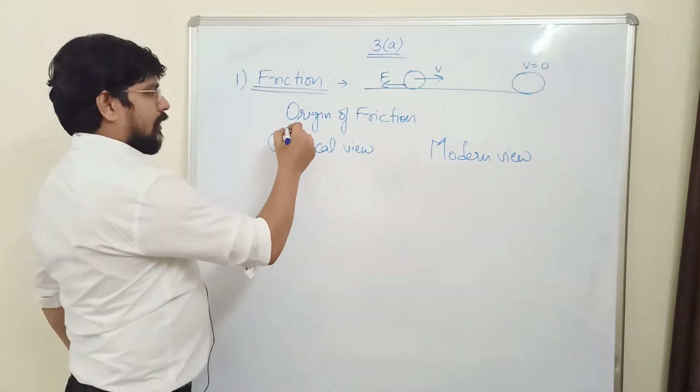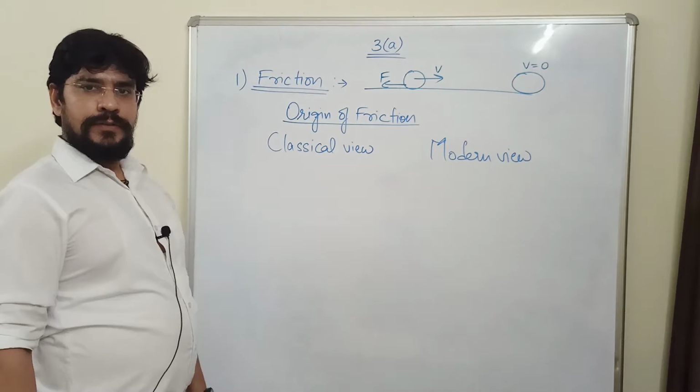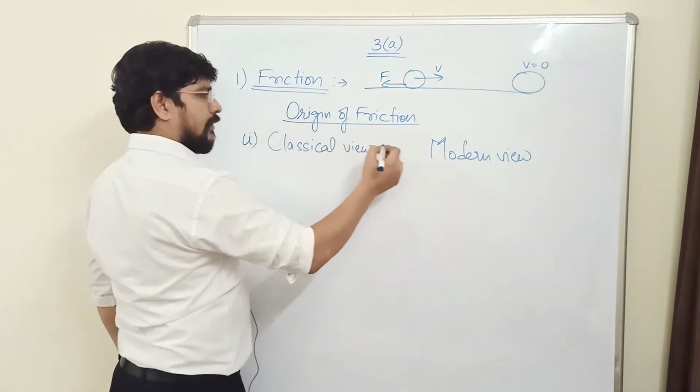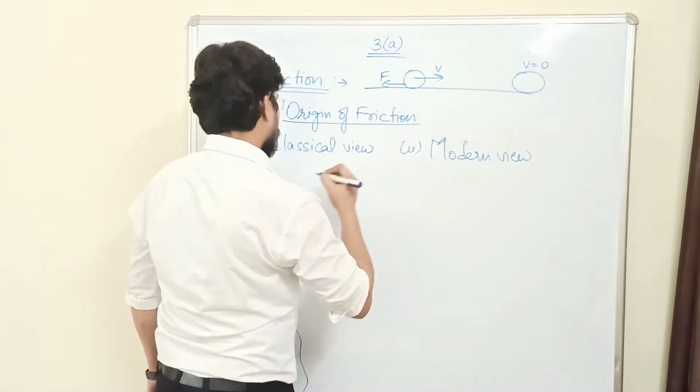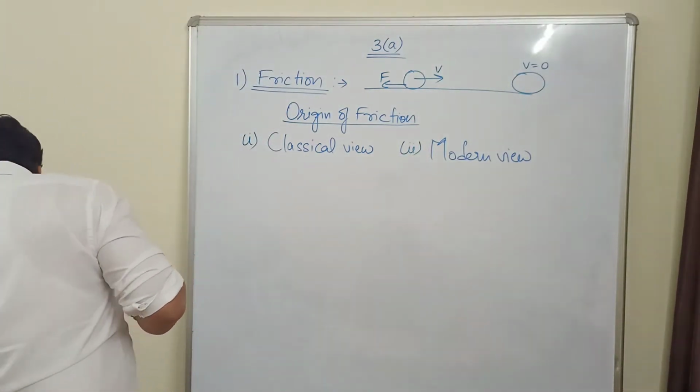Let us understand why friction is there, what is the origin of friction. Dear students, we have two views regarding this. One is the classical view and another is the modern view. According to the classical view,